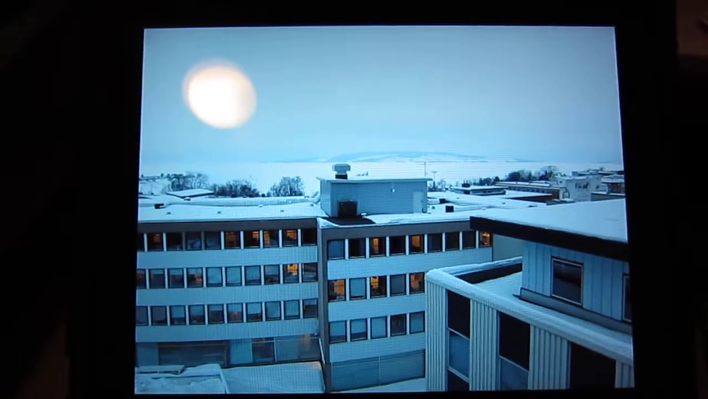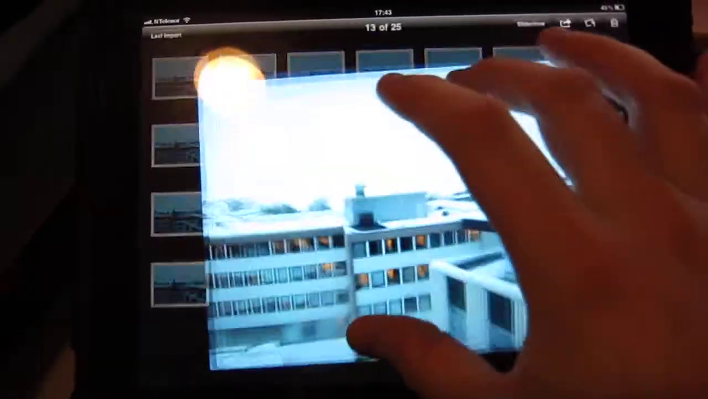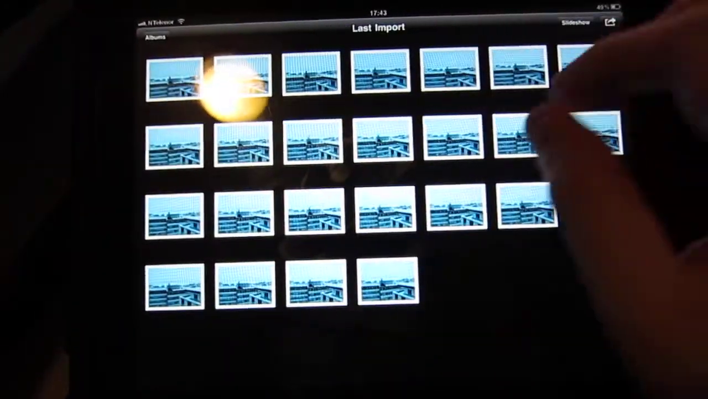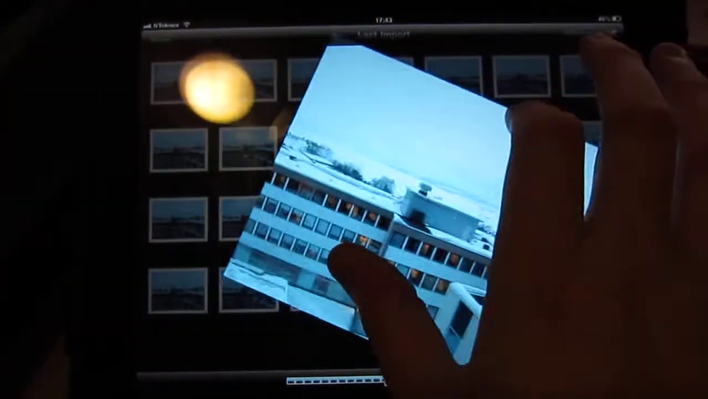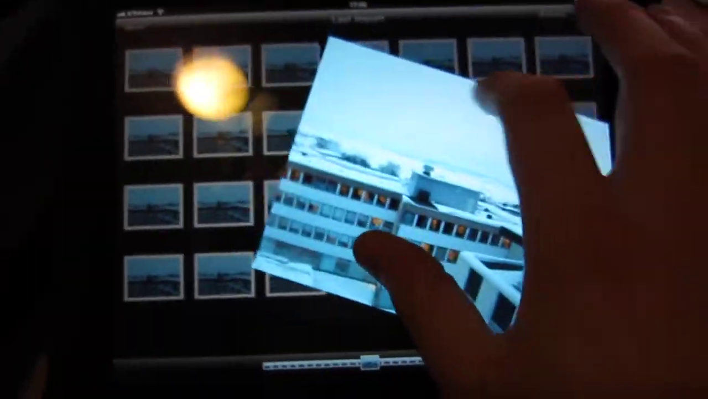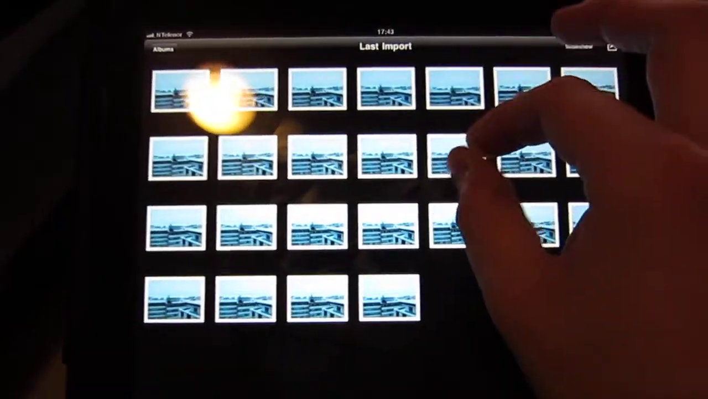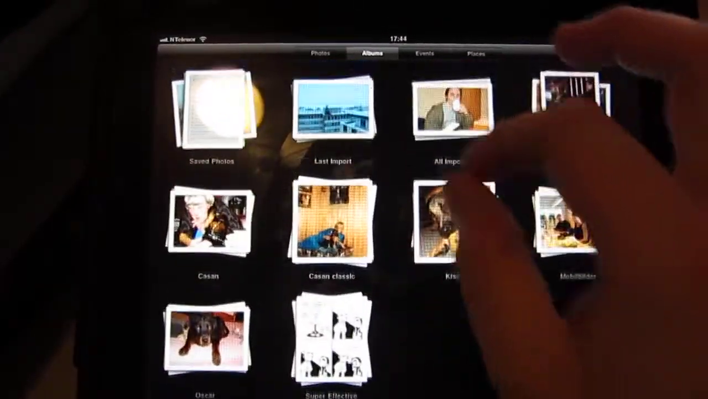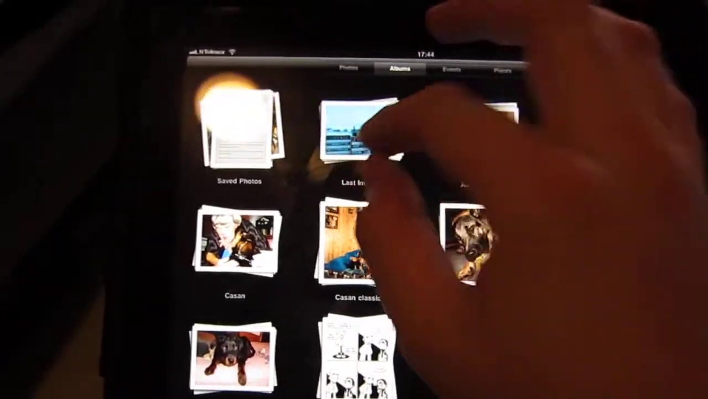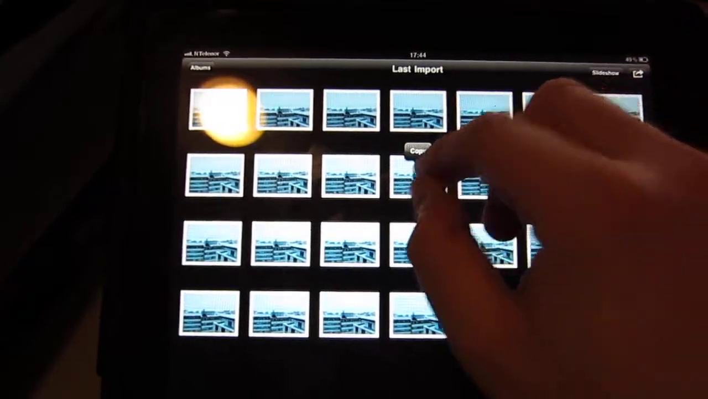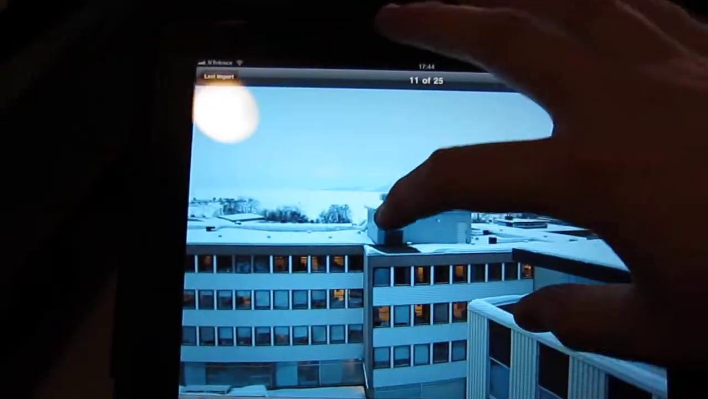And on top of that, you also have the multi-touch gestures that you get with the photos on the iPad. I mean, it's not overly useful, but it's fun to play with. You can pinch to zoom and pinch to open photos like this. Just grab a thumbnail like this, turn it around,